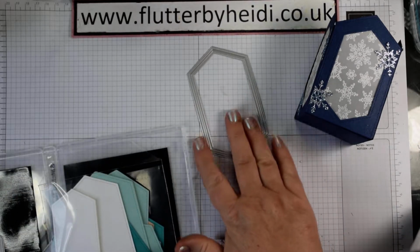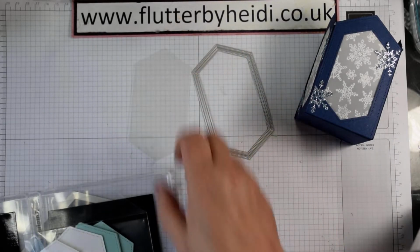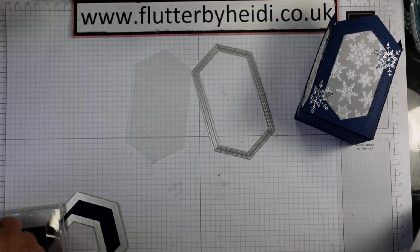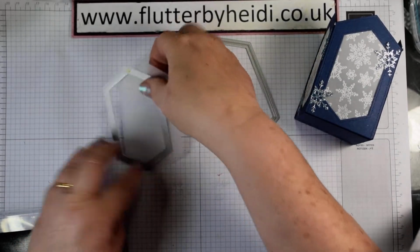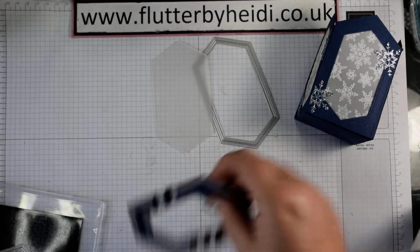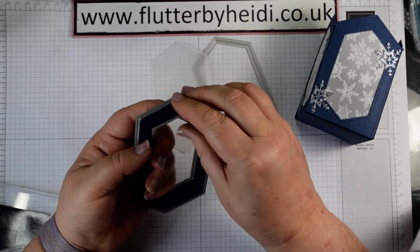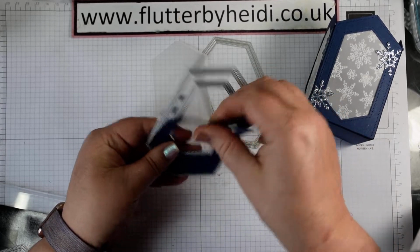I then have cut, as well as 4 frames, some vellum. So I've used that other size that I had a moment ago to cut my vellum shapes. There we go. So I've cut out 4 vellum shapes, and I've cut out the frames. So as I said, when you do the frames, just pop it through your die cutting machine, and I've used washi tape, so you can use low tack tape as well, but whichever it is, just make sure you keep them